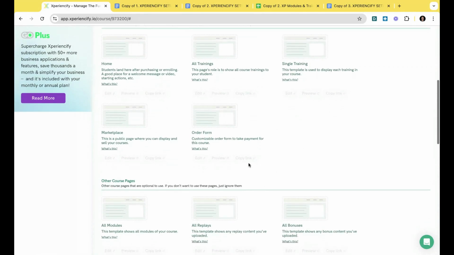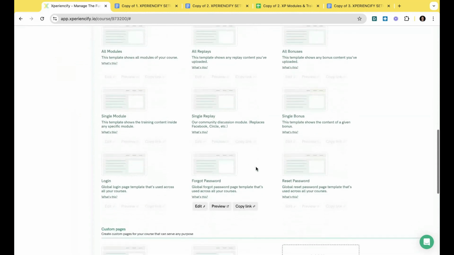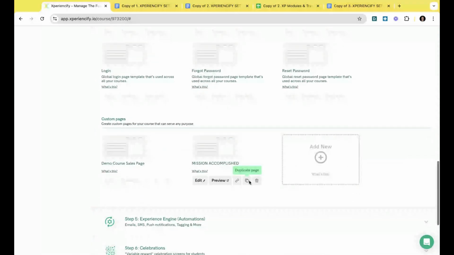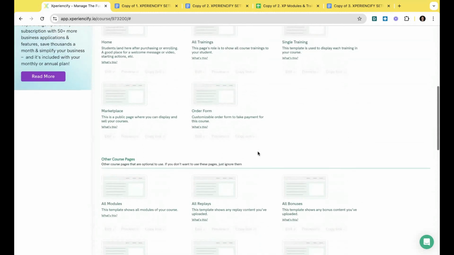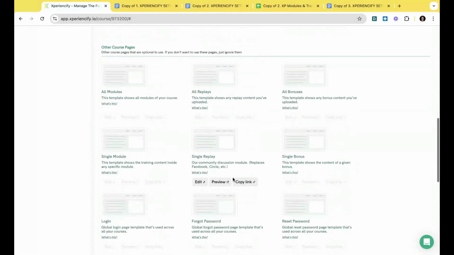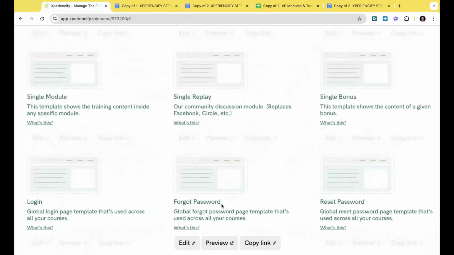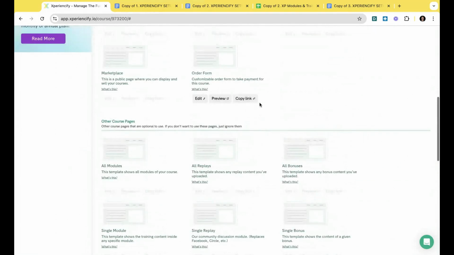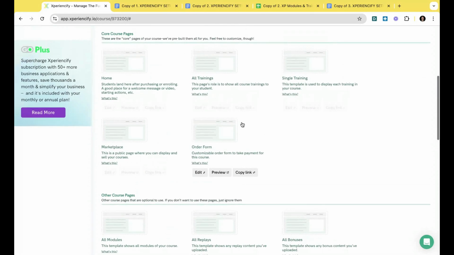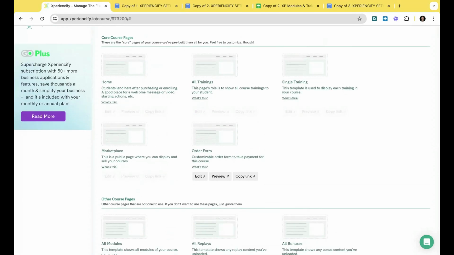They say, "Oh my Lord, I have to be a web designer," or "Oh my gosh, I have to customize all of these pages, etc." The answer is no, you don't have to. We have put these pages in here. For example, the forgot password page, right? That's a page that you may want to customize later on for students who have forgotten their password so that it matches your brand and whatnot. But we've created all of these pages and they would function today, right now, without you doing anything. That's one of the great things about the templates we've created, the course templates.